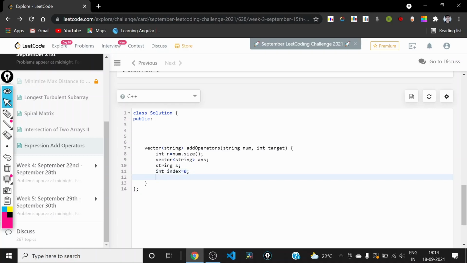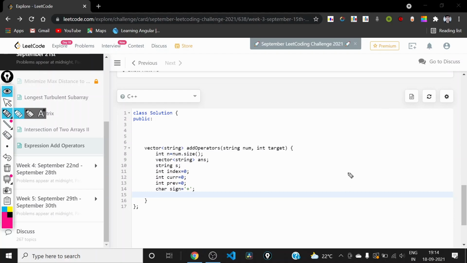And one more thing is that we will need one for current, and we will also need one for previous, and we will also need a character to tell us the latest sign of the operator that was used. So we are trying to do something like this.